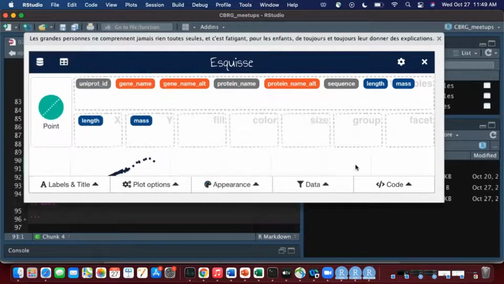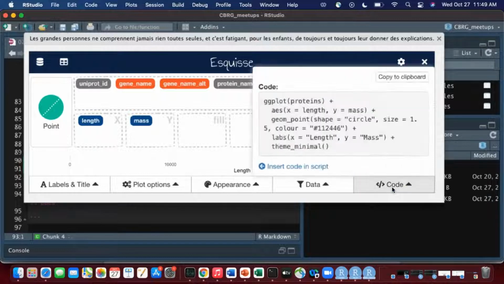You can change font and so on. These changes will be reflected on the plot you see here. So this is a nice GUI tool that you can use to make a plot using ggplot without actually running any code. And maybe the most important thing about this is if you click on this code button here, all these changes that you've made by dragging and dropping and selecting different things, it's kept a track of it